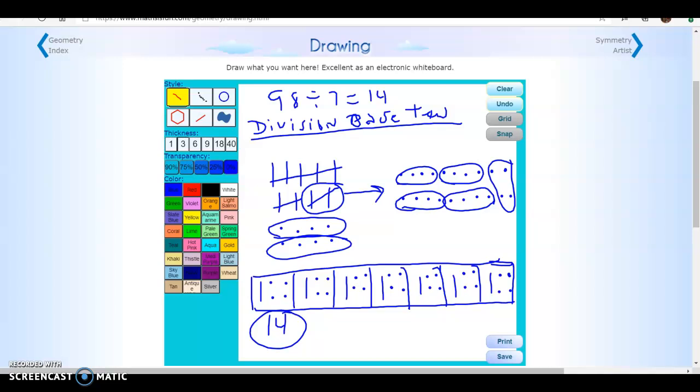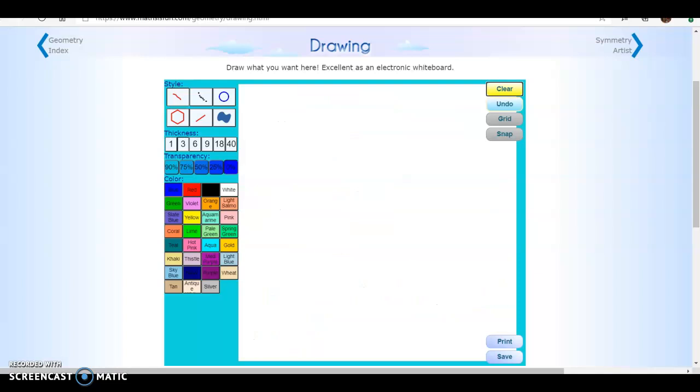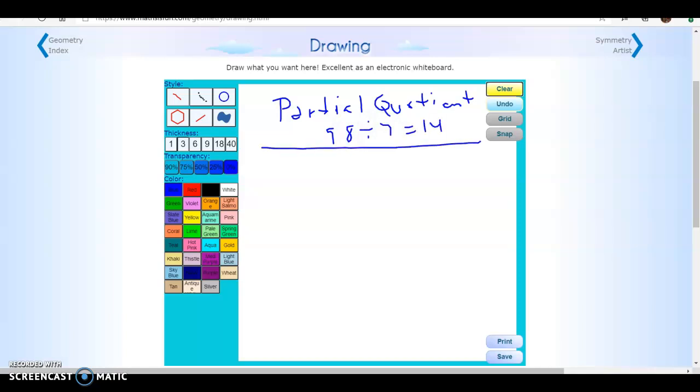All right, so let's move on to our next one. Next one is partial quotient. And so let's just write that up there, partial quotient. These things never write good, but anyway, partial quotient, and we're still working with 98 divided by 7. Okay, all right, now, so we'll come down here, we'll put our 7 and divide it by